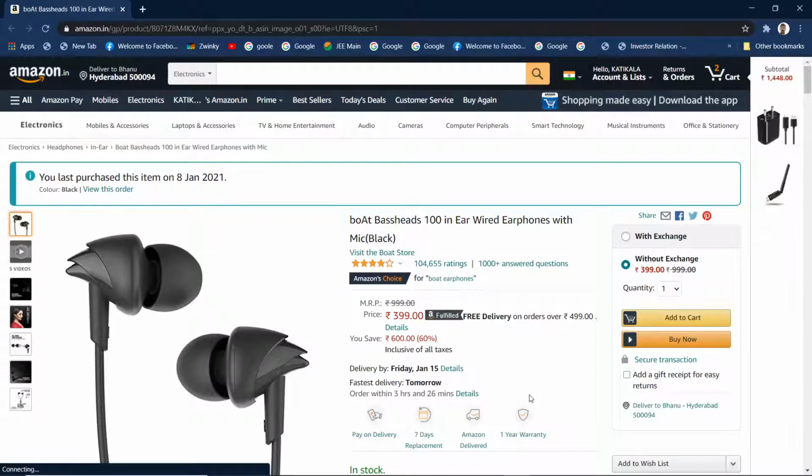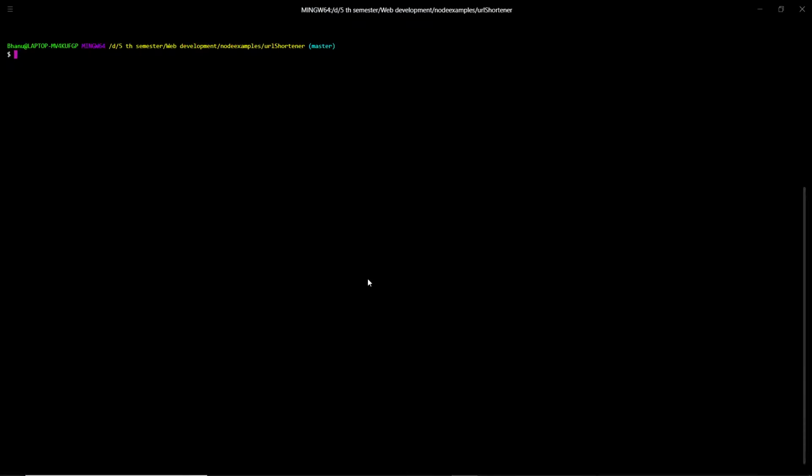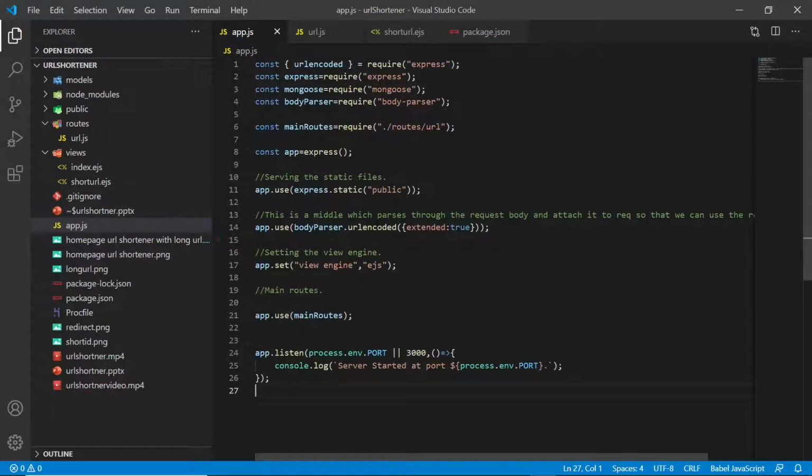Okay, now let's go to the code and understand. I am now in the exact folder where I have created my project, and I am opening Visual Studio Code. Let's understand it properly.